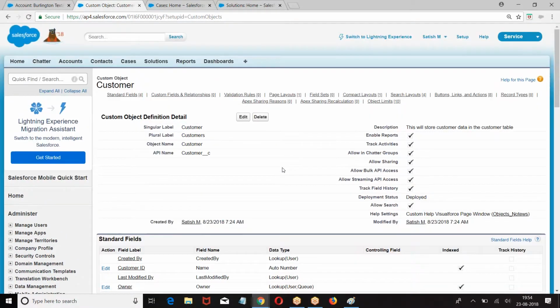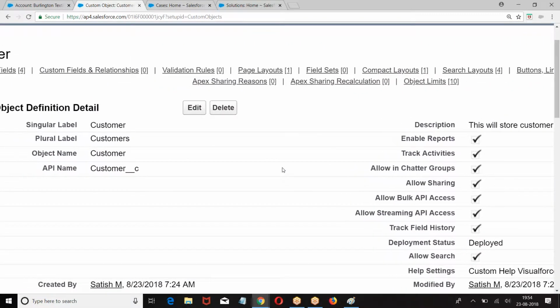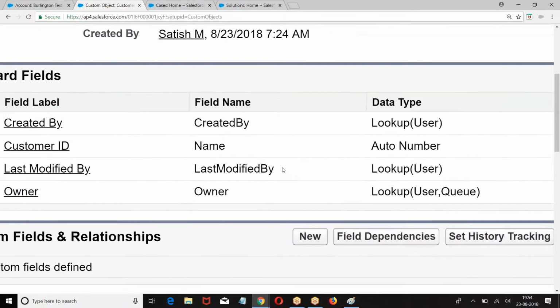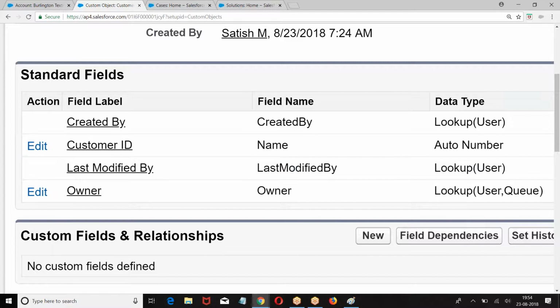Once I created it, look at this. Customer __c. This is the object. What is the standard field that is created? Name. You have created a name field. But how is it displayed? So what was this? Record name label. The name field in the object is displayed to everyone as a customer. I hope you're good with this.